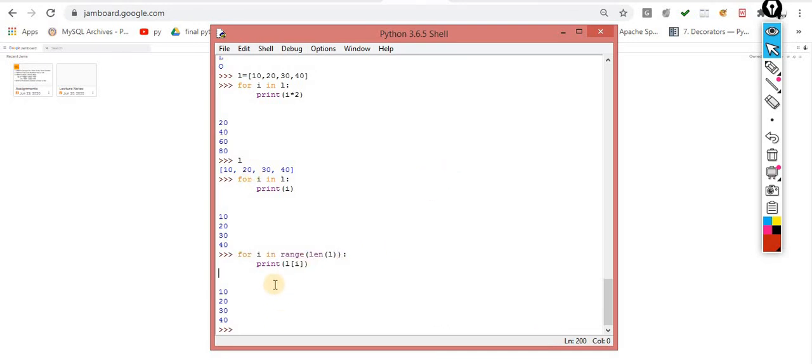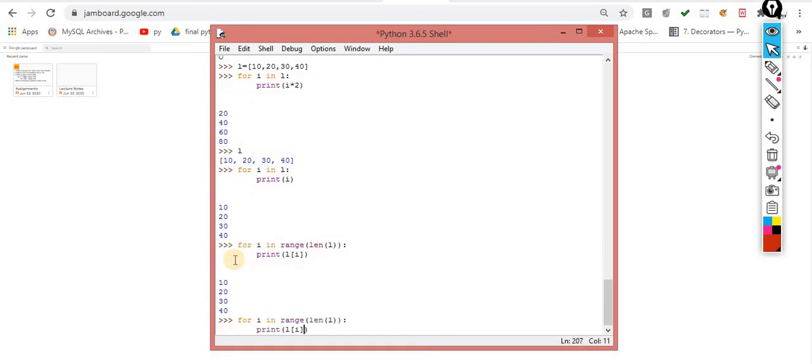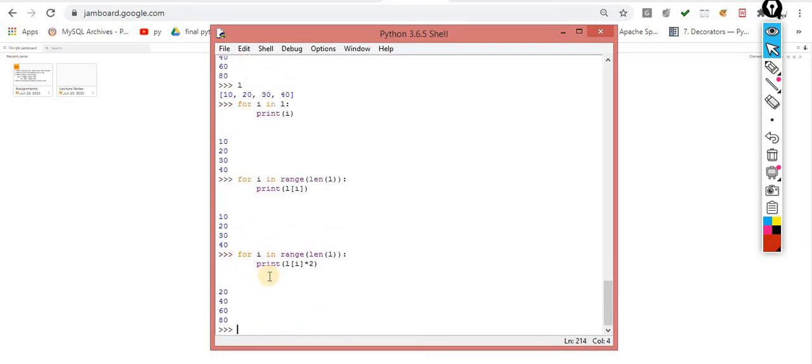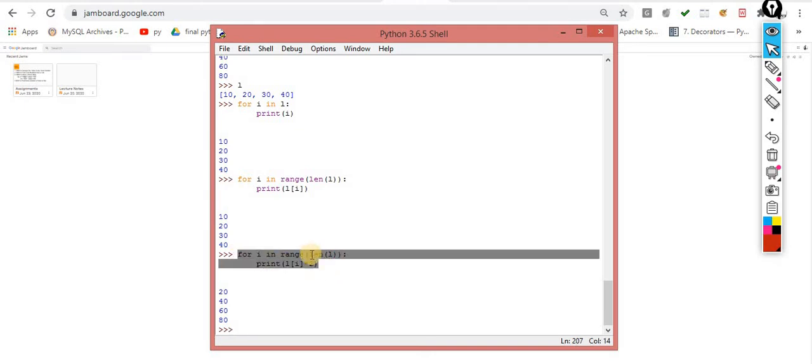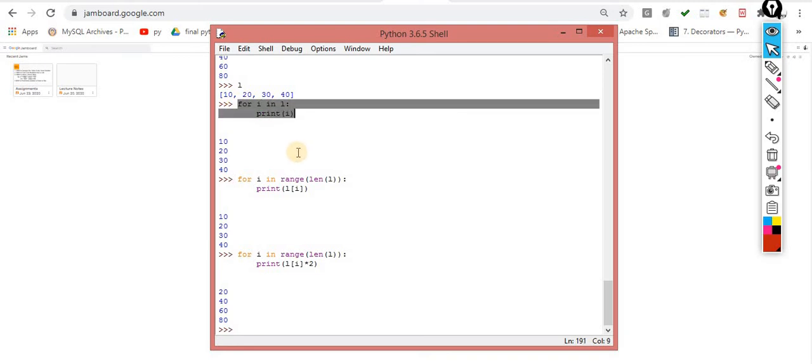The output is exactly the same in both cases. Here, if you want to perform any mathematical operation, for example multiply by 2, yes, you can do it. The choice is again yours, because sometimes we have to go with this. Sometimes a problem statement is rigid and must be solved with the help of this scenario. Sometimes this is perfectly fine for us.